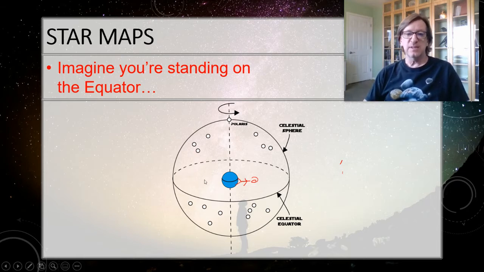So yeah, in this case, Polaris is going to be on the horizon. Do you see that my horizon runs underneath my feet, kind of at a right angle to the rest of my body? So Polaris is going to be right on the horizon there.